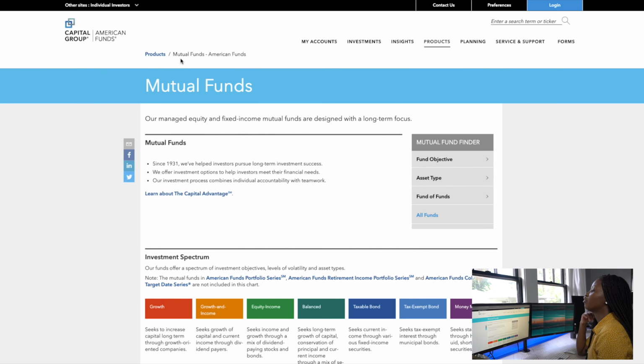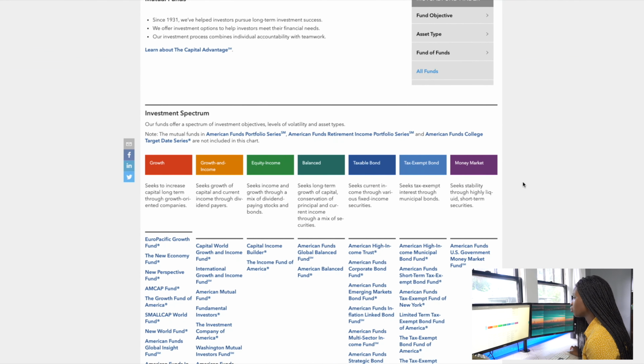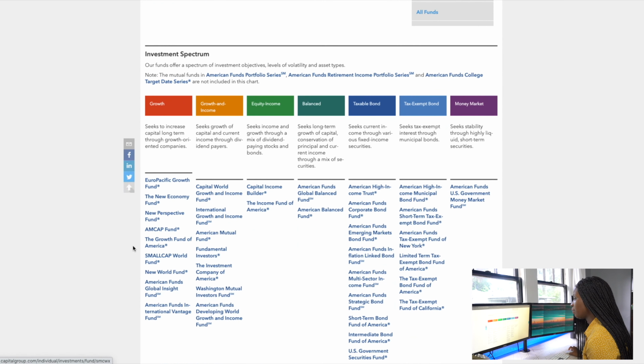So here, if we go to American Funds, and I actually really wanted to show you guys this because a lot of times I'm realizing that's the fund that financial advisors will recommend to people. And I want to make sure I show you guys some of the things that they may not mention, or even maybe they mentioned it and you might not understand. So here we have a variety to choose from. I'm just going to go ahead and pick New Perspective because I think that's the one that I had. So let's check that one out.